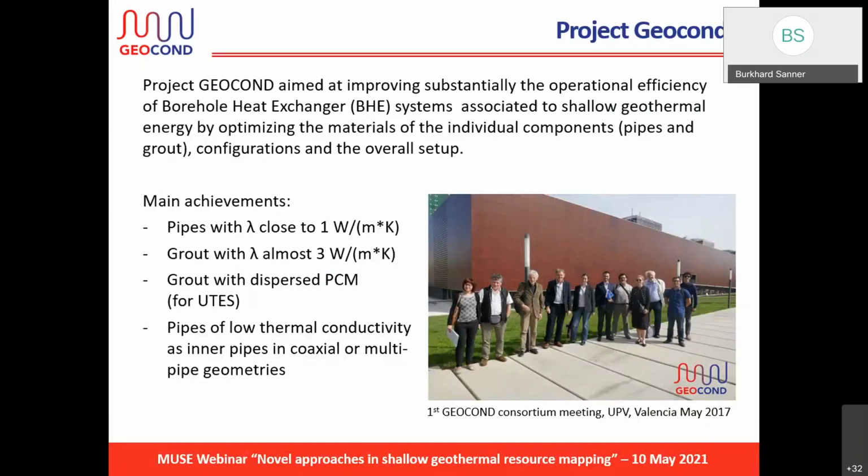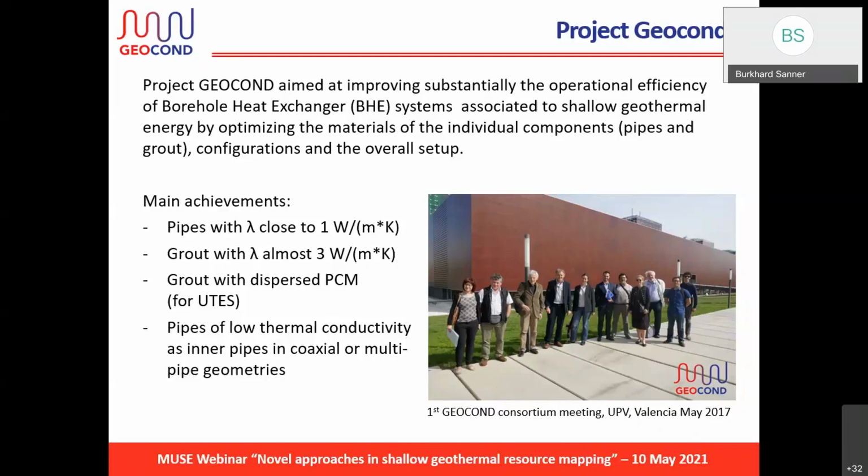I'll start with a few words about Geocond. Geocond finished in February this year, so that was almost 4 years of work. The main intention was to improve the efficiency of borehole heat exchanger systems with new materials. So it was a basic research activity looking into the material sciences, and it was a very interesting experience seeing